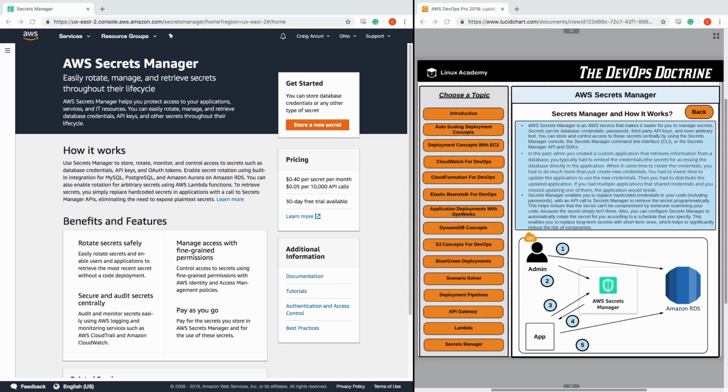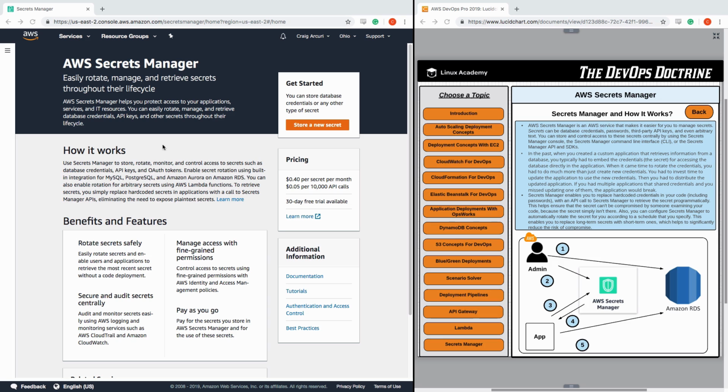And the topic of Secrets Manager is probably a little bit too long for one lesson and maybe not quite hefty enough for a full section, but I've created a section for it. We'll just call it a mini section. And in this lesson, we're going to go ahead and create a secret, and we'll also see how we can